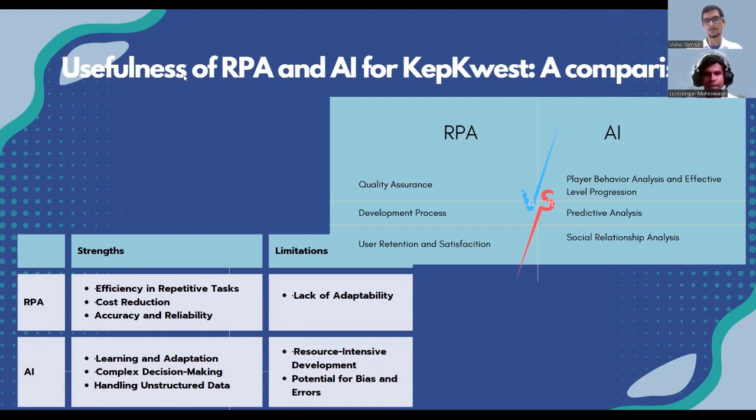For example, if we take quality assurance, Radhi mentioned what are the problems we faced in quality assurance, but when we apply RPA here, we can use the RPA software agents, we can streamline testing procedures in the background, and also eliminate the need for manual intervention, where AI can only perform a little bit.